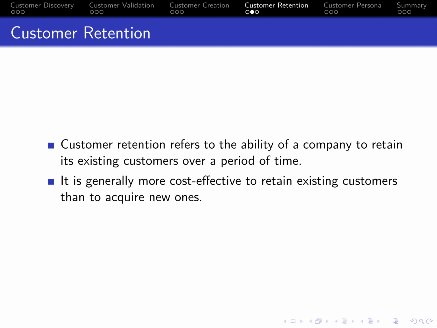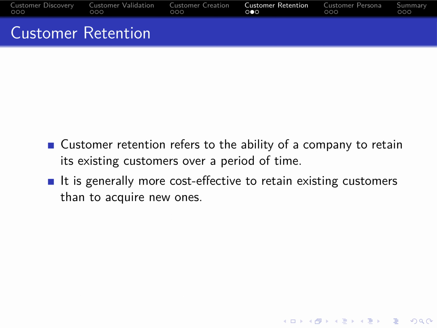Customer retention is crucial for a company's success as it involves keeping existing customers over time. It is more cost-effective to retain current customers than to acquire new ones, with estimates showing that acquiring a new customer can be 5 times more expensive. This is because existing customers are already familiar with the company's products or services, making it easier to sell to them again. Moreover, loyal customers tend to make repeat purchases and recommend the company to others, ultimately leading to increased